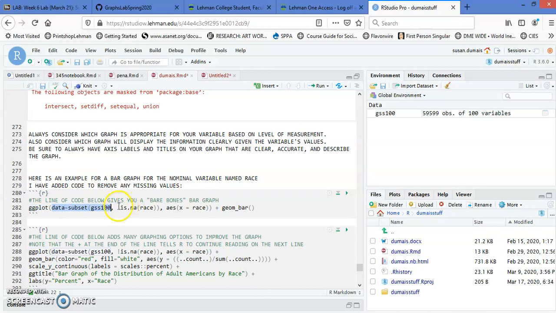I input a special additional command to make sure that anybody who has an NA, a missing value or a not applicable value is removed. So it's just people who've given a meaningful answer. And we're looking at this variable race, and we're making a bar chart. Okay, so just some very basic commands, and we're going to run this chunk,